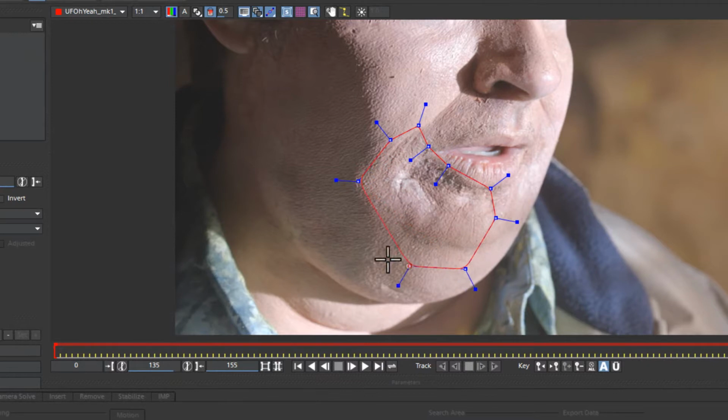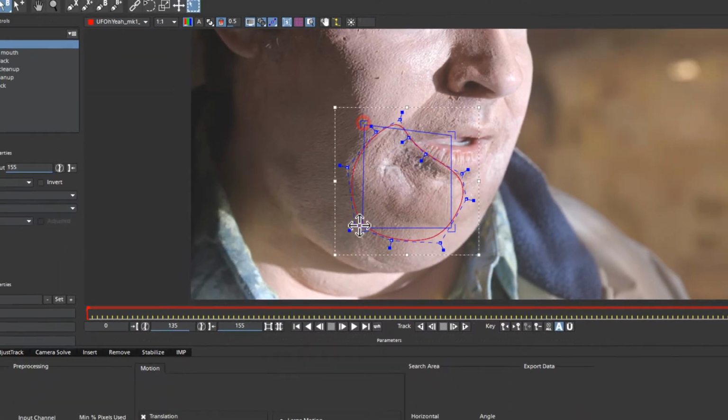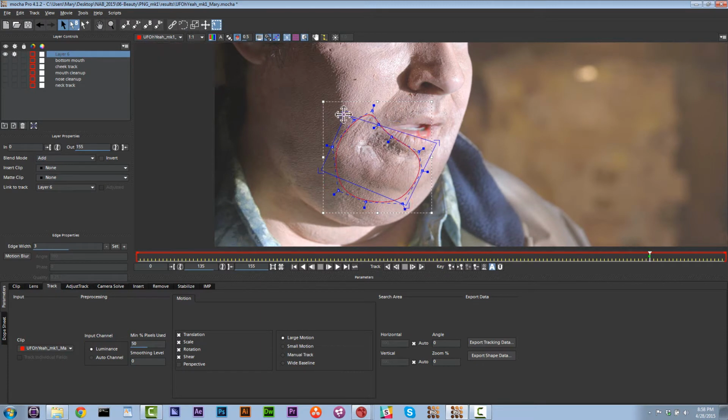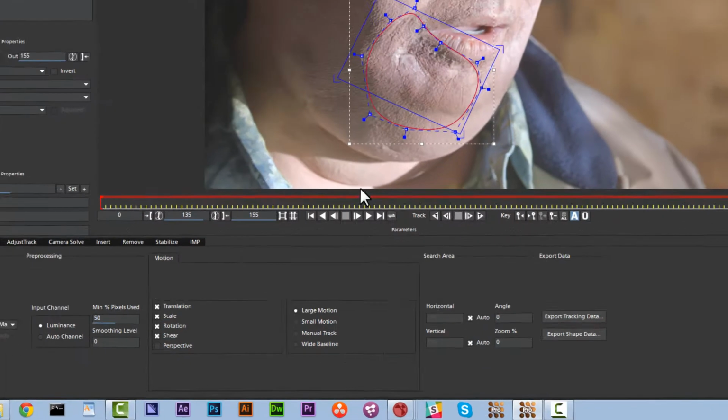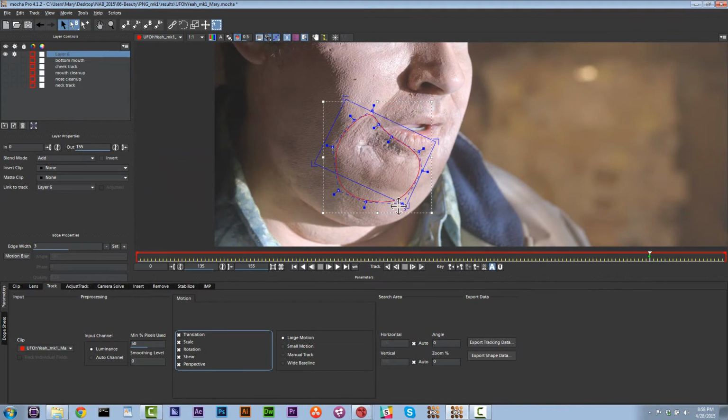So we're going to draw an X-spline around this area of the chin. We're going to align our surface tool to our plane because we track planes inside of Mocha. Okay, so that means think of the object in terms of low poly models, and aligning the surface will help you see what the track is doing. We're going to track translation, scale, rotation, shear, and perspective because perspective is happening in this shot. Now, if we run into any problems, we can change these parameters at any time, and it'll actually help us